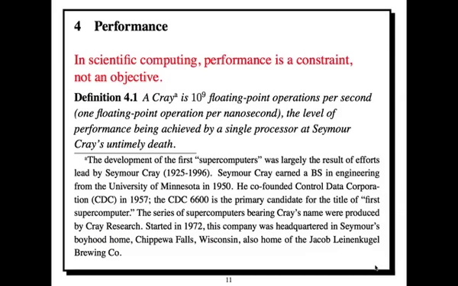So I won't dwell much on performance, but just to say that in this book we proposed a standard name for performance. You need a unit of performance, so we proposed a Cray as 1 billion floating point operations per second. I'm not going to insist on this notation, but I just throw it out there to see if it might catch on, to commemorate Seymour Cray, who died way too early, and who really is, in a sense, the father of supercomputing, and did the right thing. He founded his company in his boyhood home, and also the home of a very good beer company. Okay, so